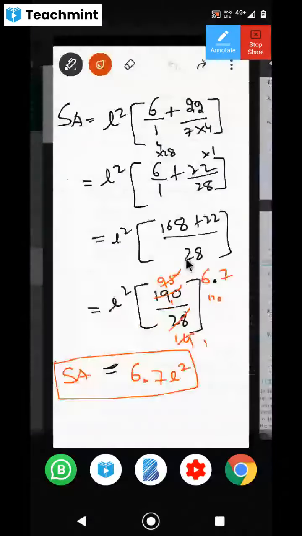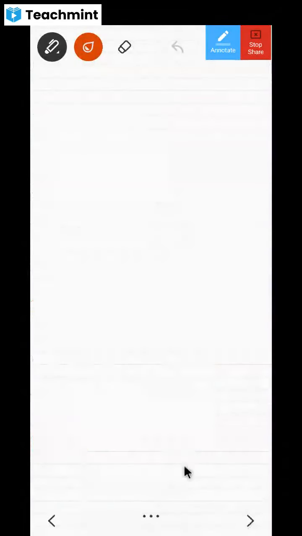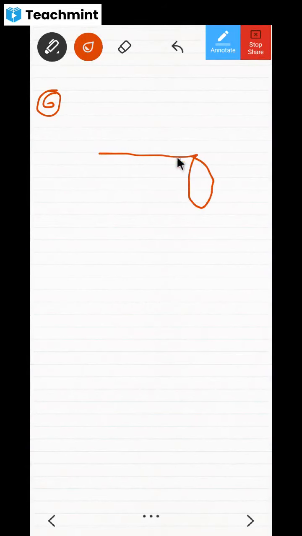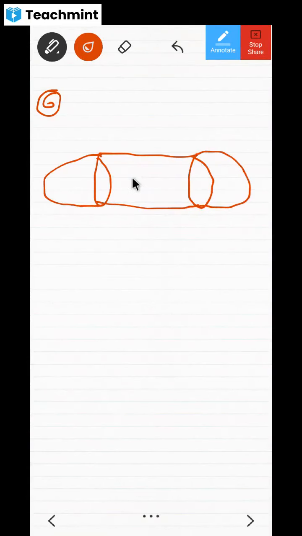So let us look into this. Now, question number 6. This capsule looks like this, dear children. It is one cylindrical capsule, a cylinder with a hemisphere attached. Have you seen these kinds of capsules? Yes or no? Now, two hemispheres are attached to it.